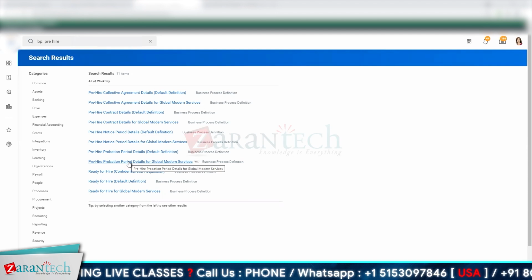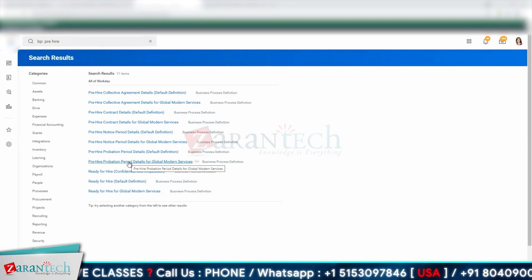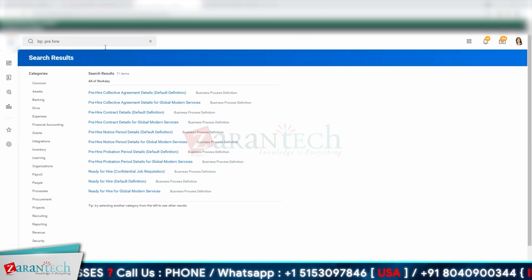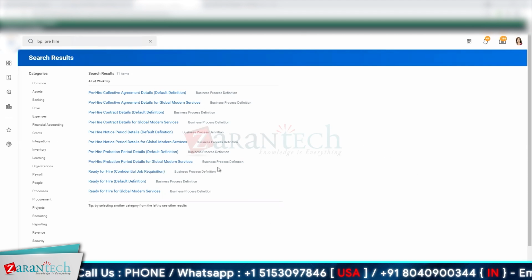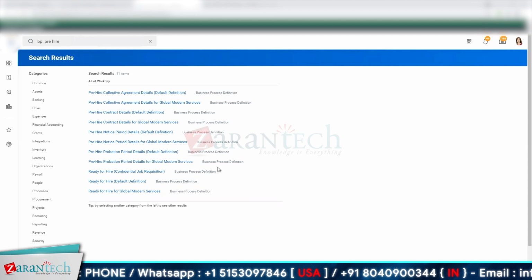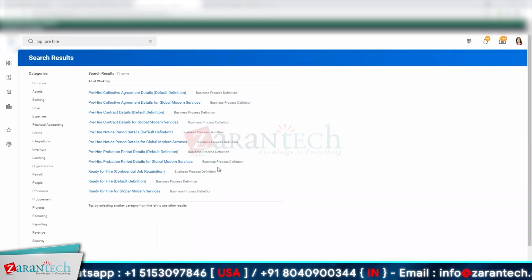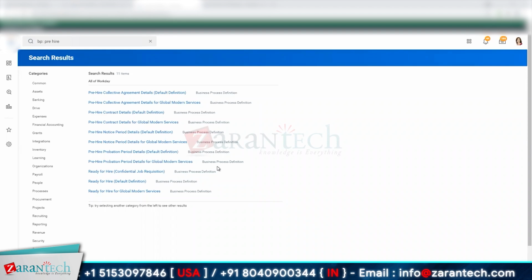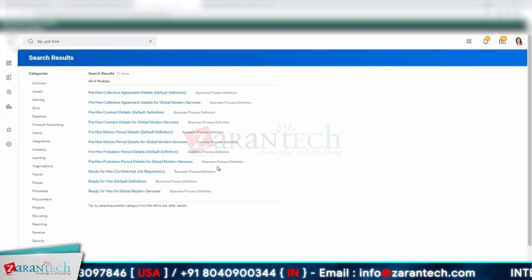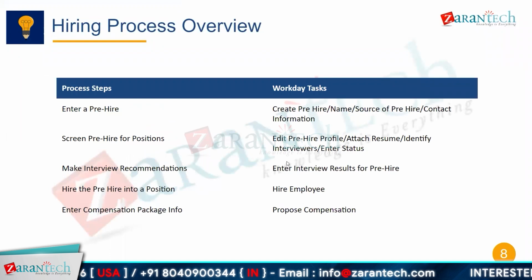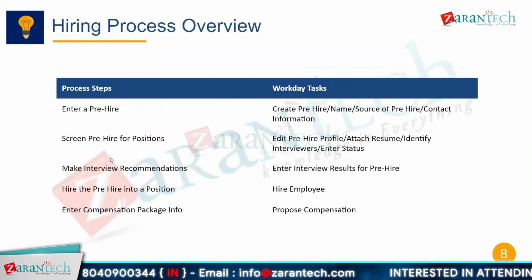So pre-hire is not set up on this tenant, but I'll try to set it up on this tenant in our next session so we can go through it one more time. Because it'll take me some time to set it up and configure the business process to make sure that it's working properly with the security and the permissions and linking it with the job portals. Because we cannot pre-hire right now in the current tenant,